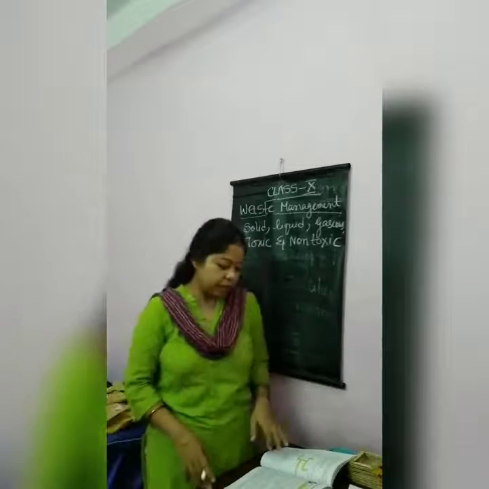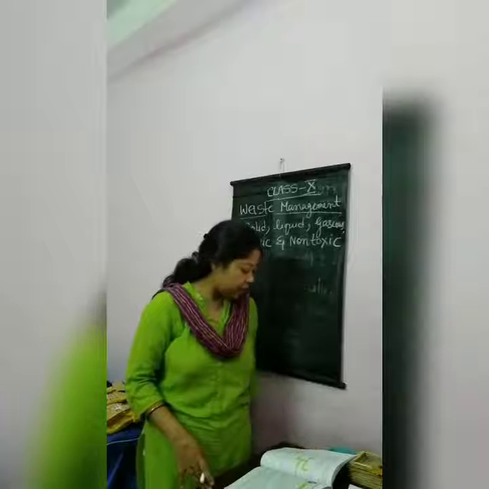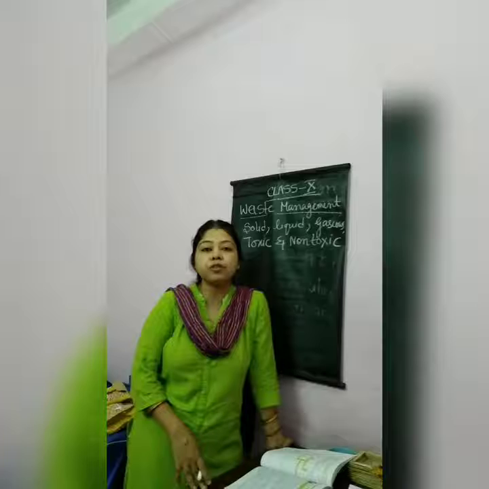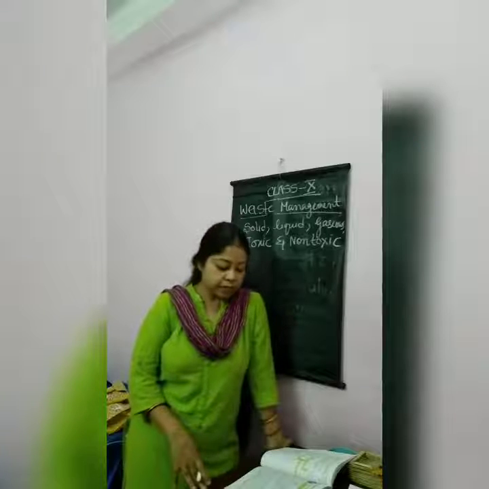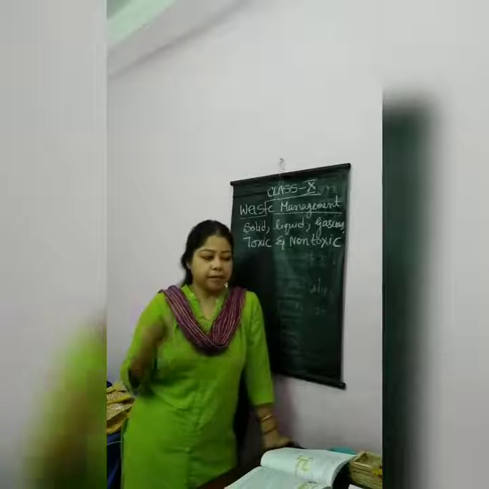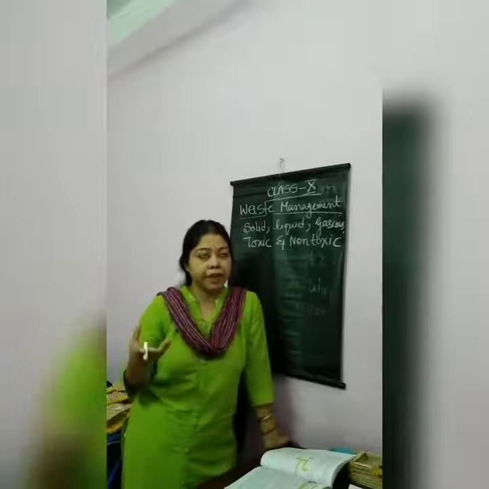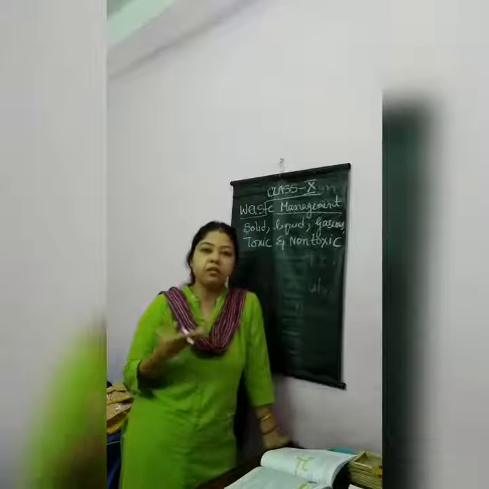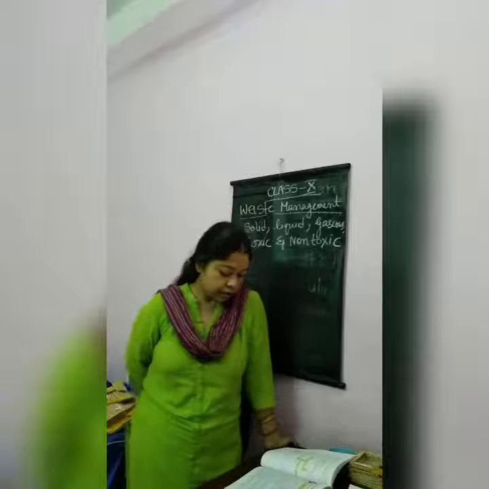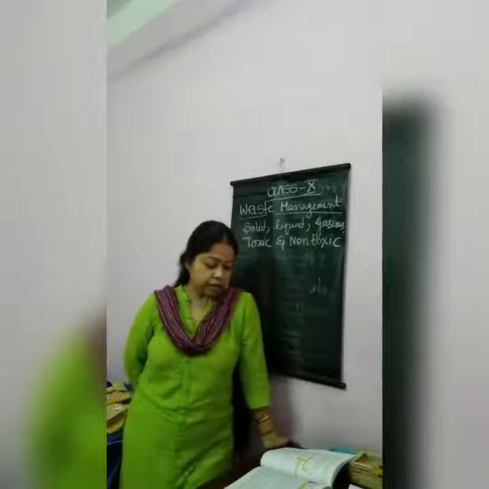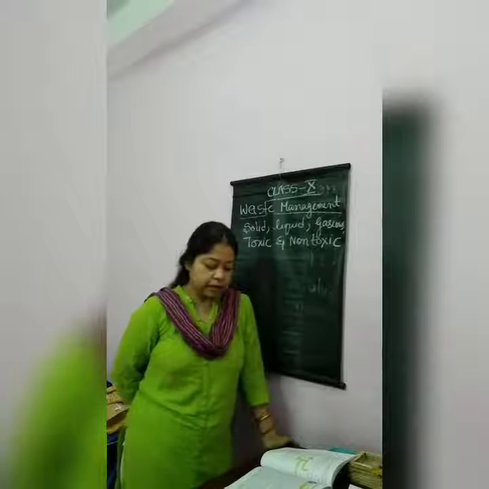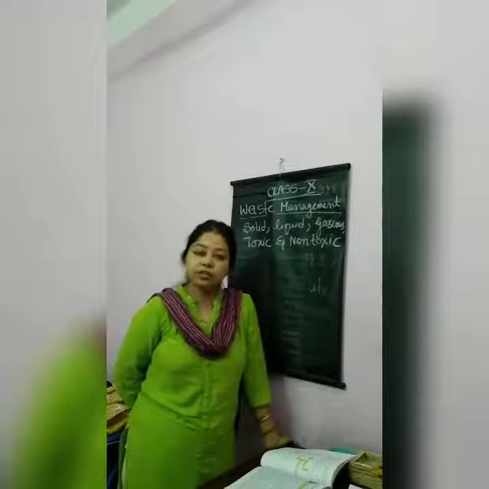What is solid waste? The waste that is discarded in solid form is called solid waste. These wastes include paper, plastics, household waste, and kitchen waste that are all discarded after primary use, which is solid in nature. They are called solid waste. It includes broken glasses, bottles, then discarded tires, etc. These are all solid waste.